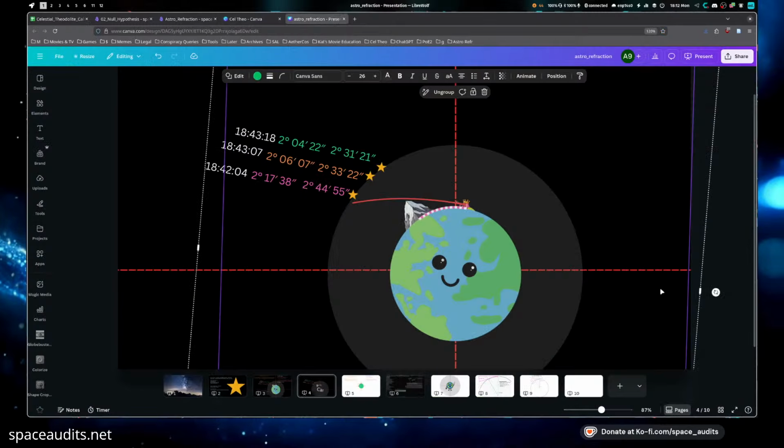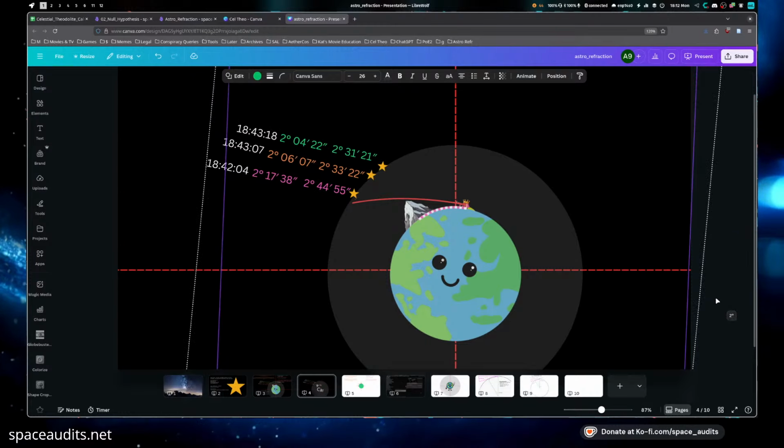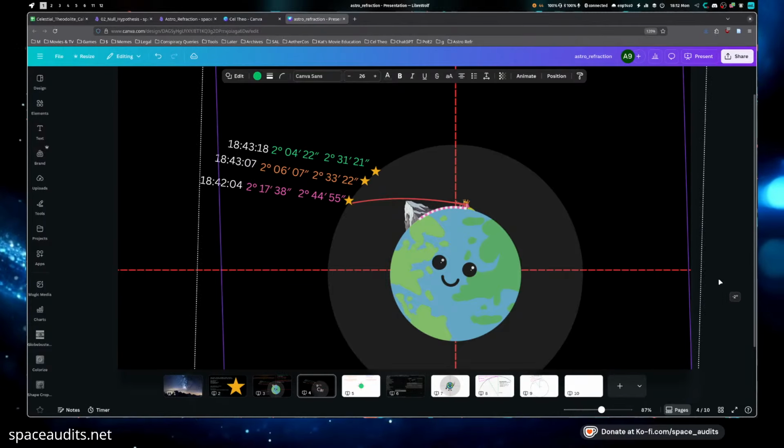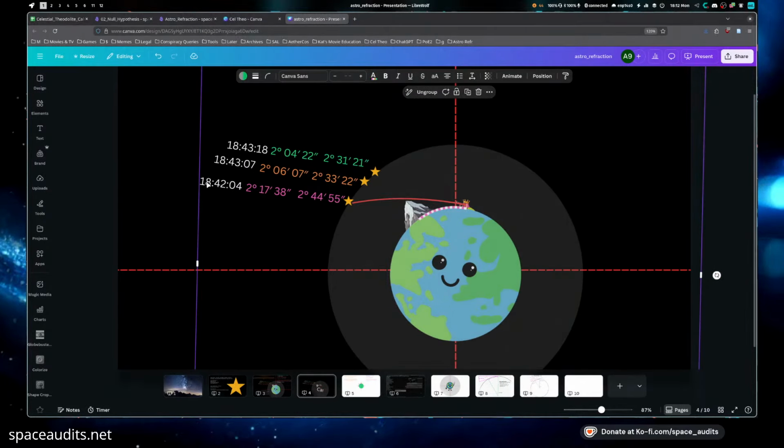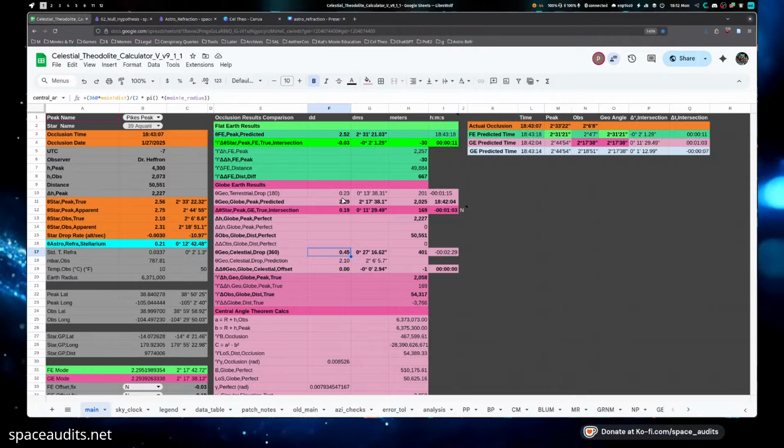So if we were to get in Stellarium and rewind this by 2 minutes and 29 seconds, the angle would be about right here, say, and then 2 minutes, 29 seconds would pass by, and we would have this potential intersection here. So when the true position of the star for the observer intersects with the peak right here, the same angle, this 217 angle for the star is the same as the geometric peak elevation predicted for the globe, accounting for 200 meters of drop.